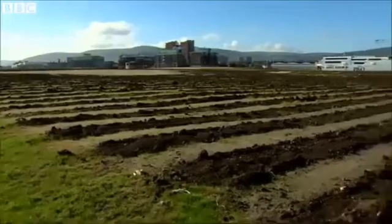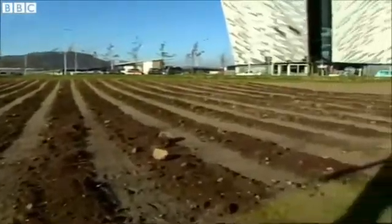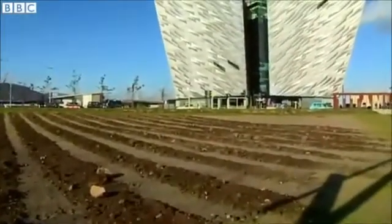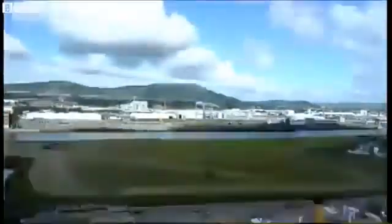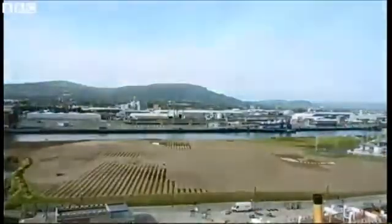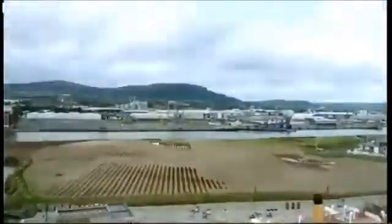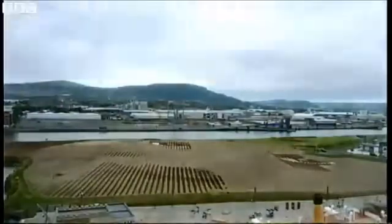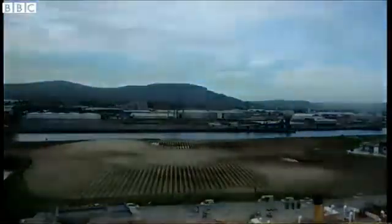Up close, the ploughed up fields show how the portrait was created, but it probably makes the process look a little simpler than it actually was. Satellite technology was used to position the 2,000 tonnes of soil and 2,000 tonnes of sand needed to create the image. A long job for artists, construction workers and volunteers, but after days of labour they were finally able to